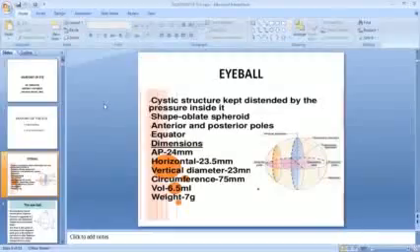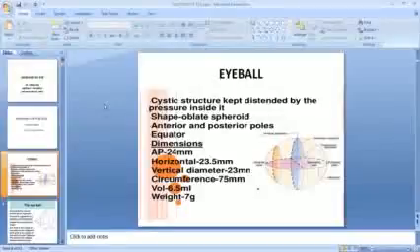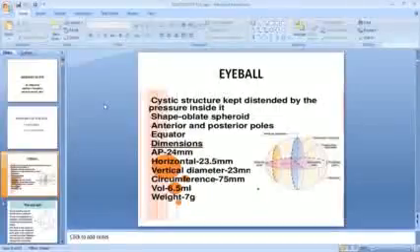It's an image you can see. They have shown the shape of the eyeball, which is an oblate spheroid, and they have shown the anterior pole on the left side and the posterior pole on the right side, as you can see. And there is a meridian, there is the geometric equator, the geometric axis, and you have the vertical diameter.